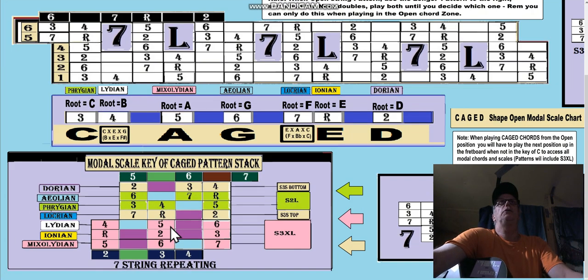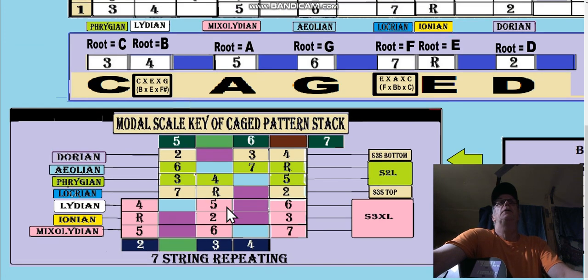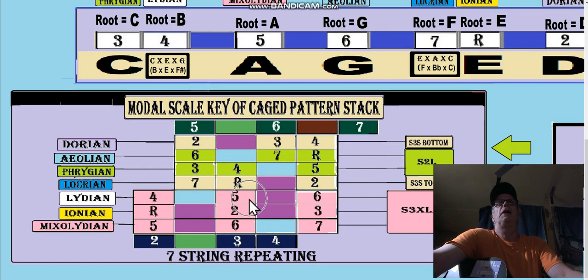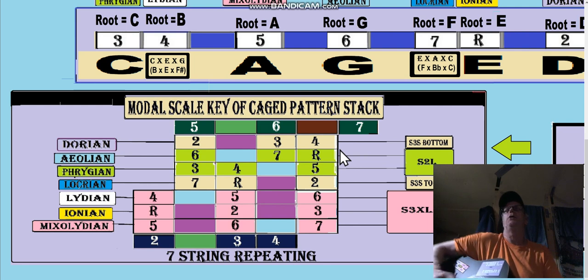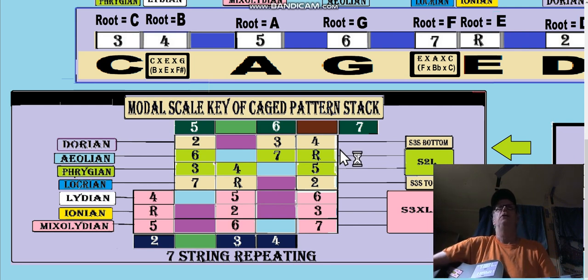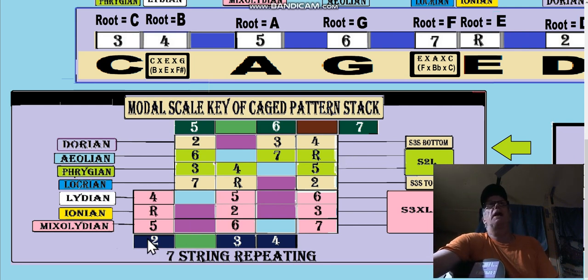This is the modal pattern that I've developed. This is unwarped. It means it's all P4 tuning. So if you were to start this pattern on this string, and by the way,